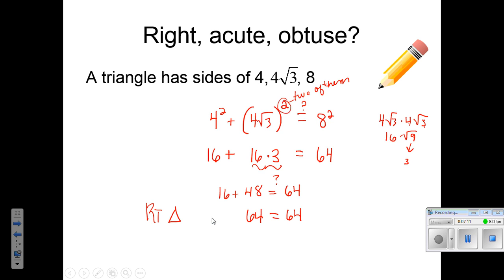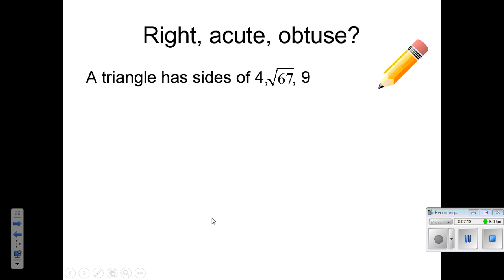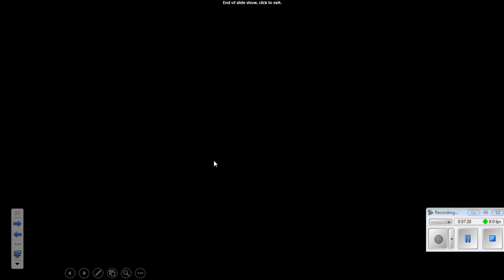Okay, let's do another example. So now I have a triangle with sides of 4, the square root of 67, and 9. So let's make sure we know what the square root of 67 is. Well, that's about 8 point,